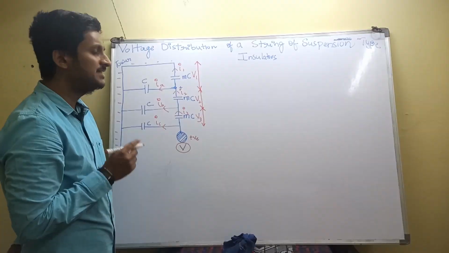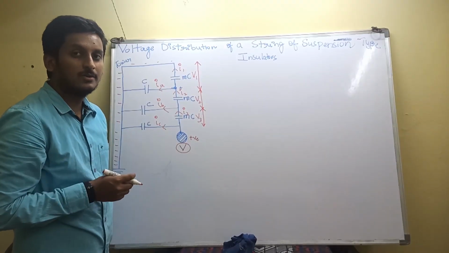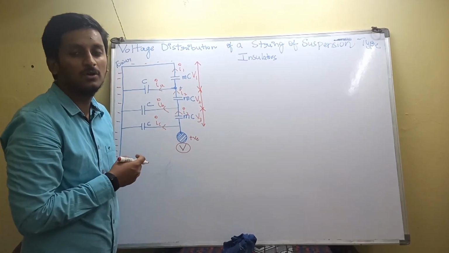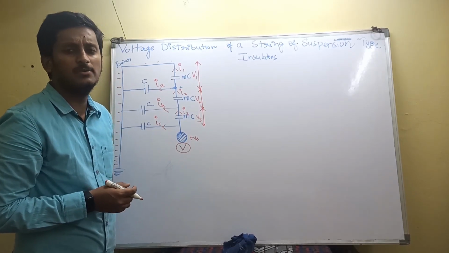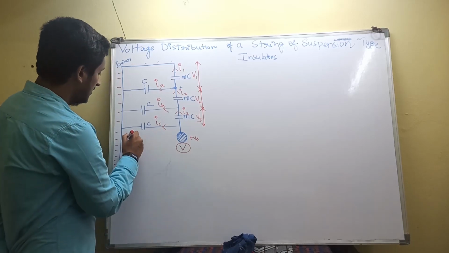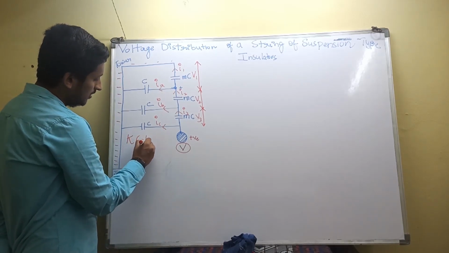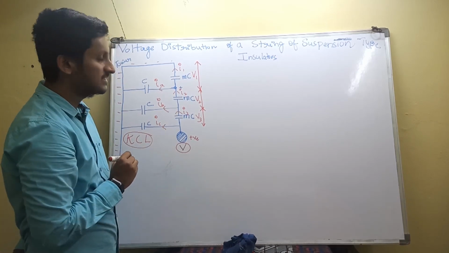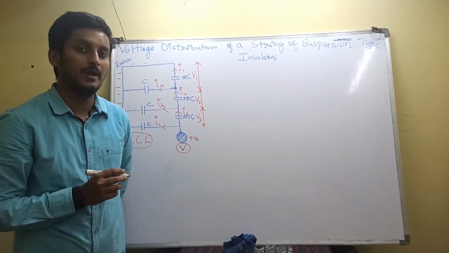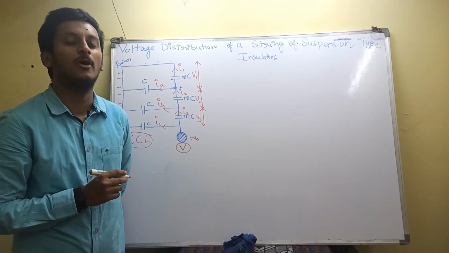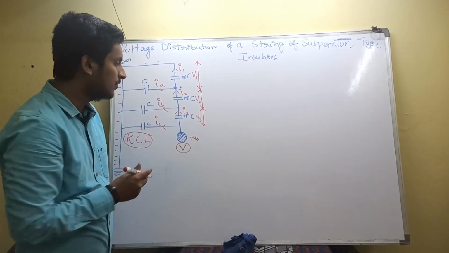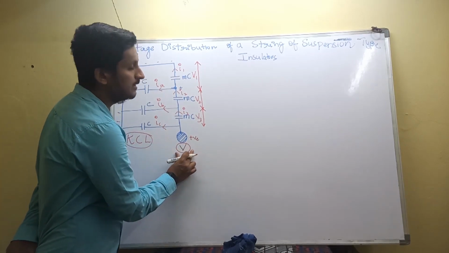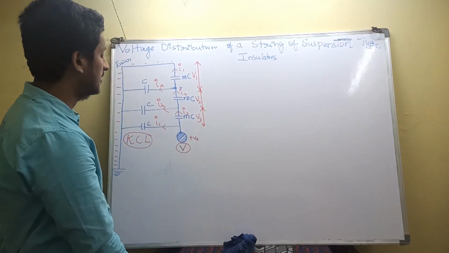Now there is an important tool in order to decode this entire part. That means in order to derive all of this, there is a simple tool called Kirchhoff's current law. You are familiar with Kirchhoff's current law, that the sum of incoming currents at a node or junction is equal to the sum of outgoing currents. That is what we are going to apply here in order to get the final output voltage V, and we are going to see what the voltage distribution across it is.